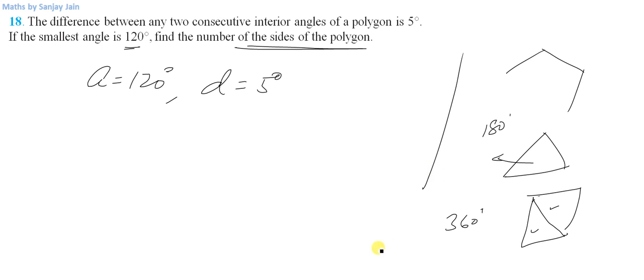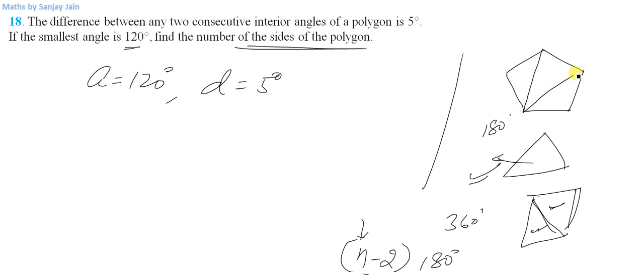So the formula for the sum of interior angles is equal to n minus 2 into 180. So if n is 3, that is I have got a triangle, the sum is 3 minus 2, that is 1 into 180. And if I have got a quadrilateral, it is 2 into 180, right? Because a quadrilateral can be divided into two triangles. If I have got a pentagon, I can divide it into three triangles: 1, 2, 3. So 5 minus 2 into 180 will be the sum, or 3 into 180. That is how the sum of interior angles works.